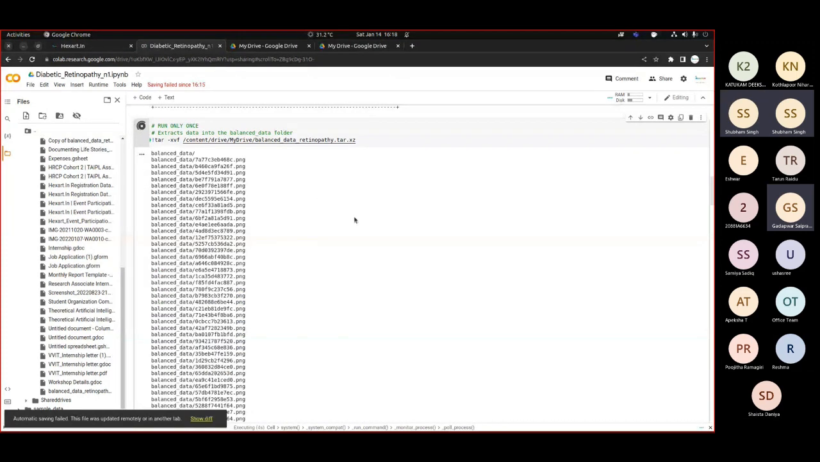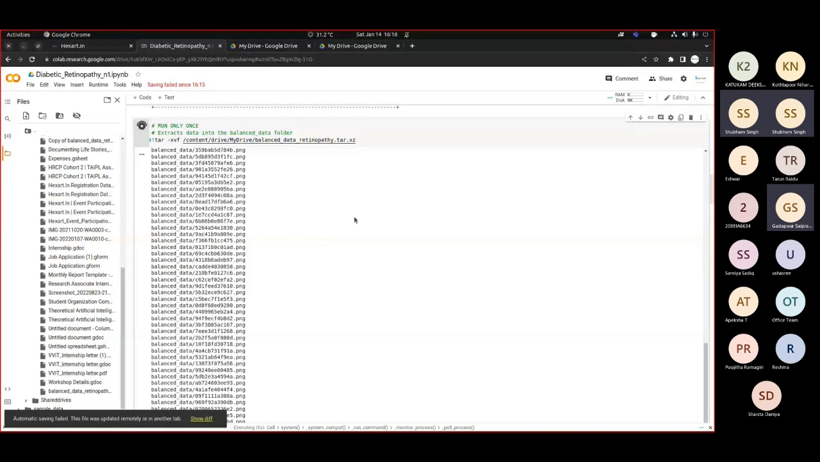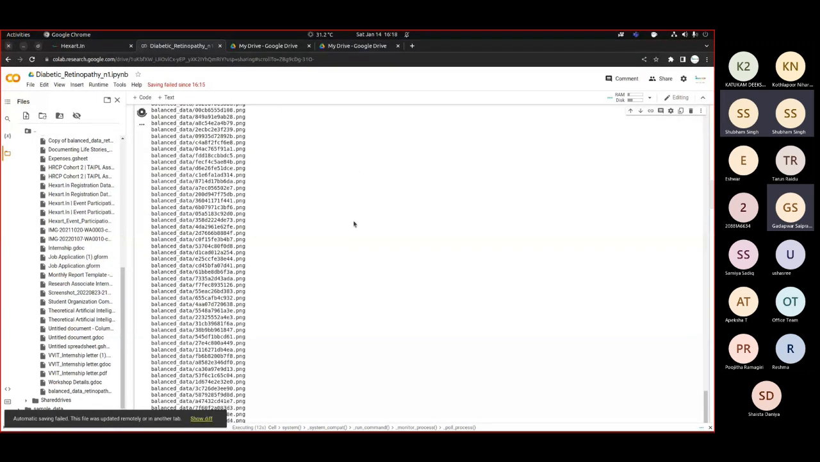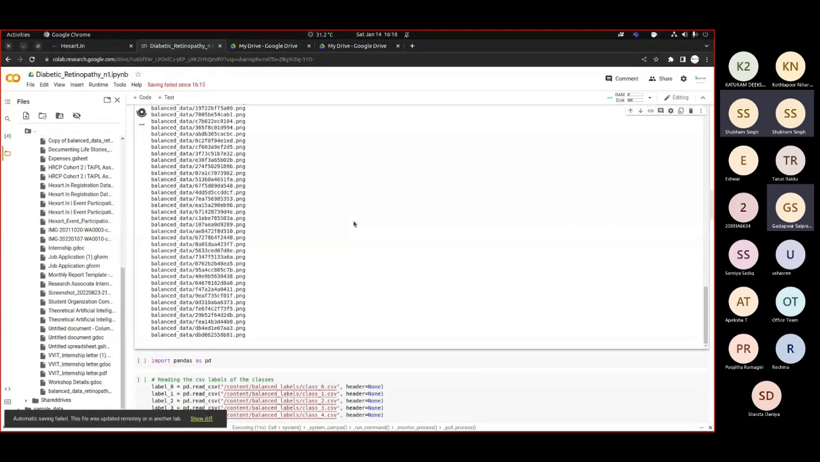So as you can see, it has started to extract the images into this balanced data folder. So here we have 193 images from each of the 5 classes. There are a total of 5 classes: 0, 1, 2, 3, 4, where 0 represents no diabetic retinopathy, 1, 2, and 3 represent the 3 levels of early diabetic retinopathy, and 4 represents the final stage, which is